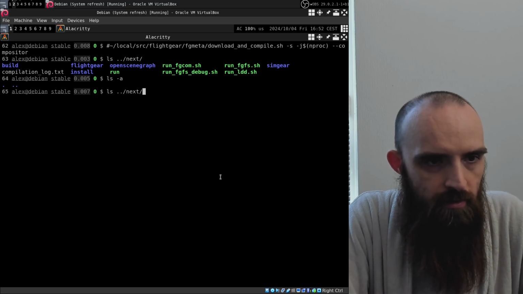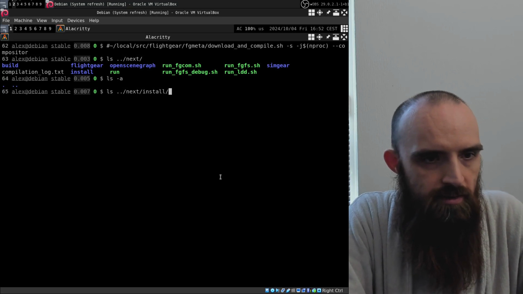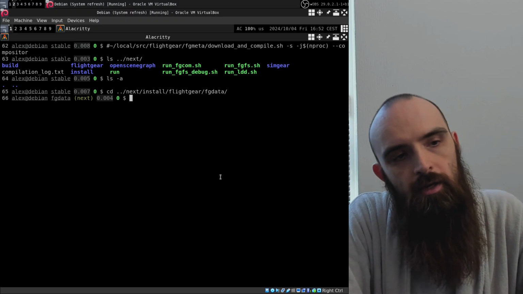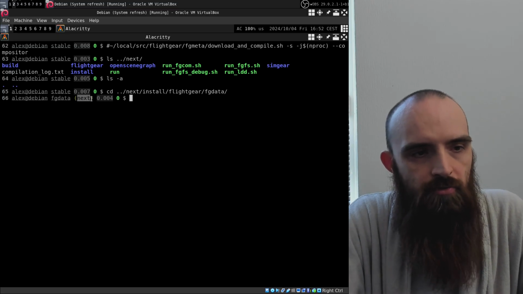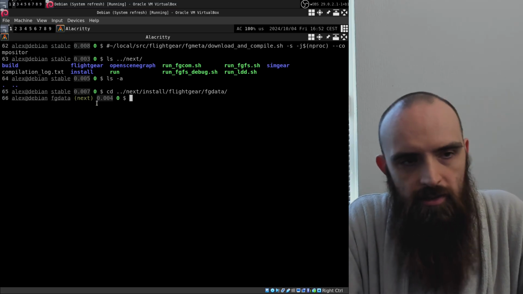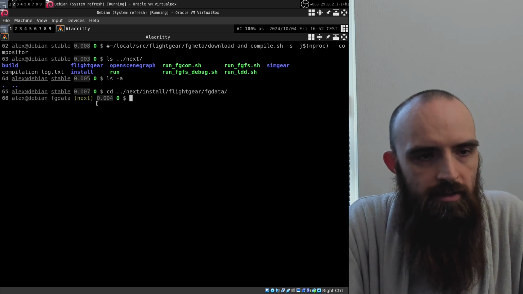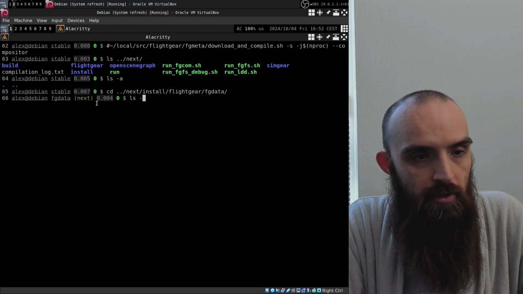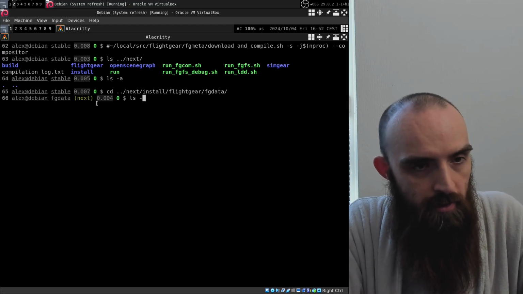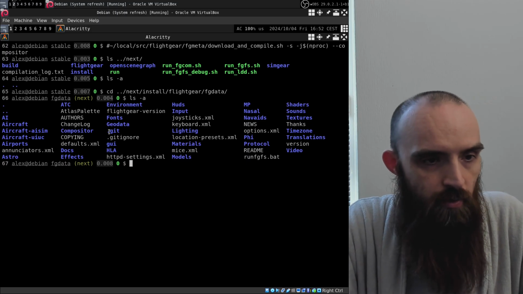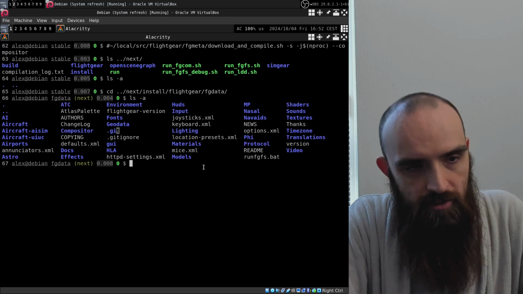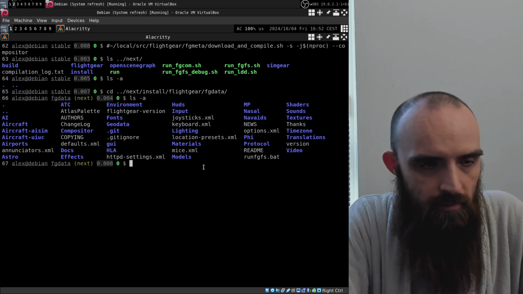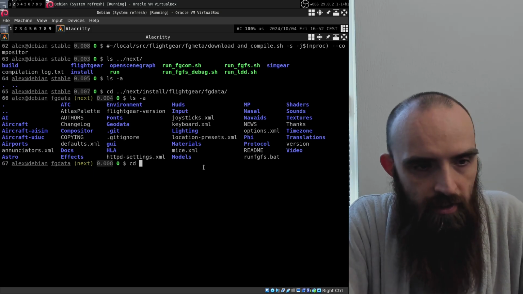But if we look at nix, install FlightGear FGData, actually I'll just cd there for a second, and we can see that we are in a Git repo because it shows the branch here, because I have it set up like this in my prompt, so it can show you the Git branch if you are in a Git repo's folder. But we can also run ls -a and we can see that there is a .git here. So it just runs git clone on that repo and it clones all of the contents, but it's very large, so we can avoid